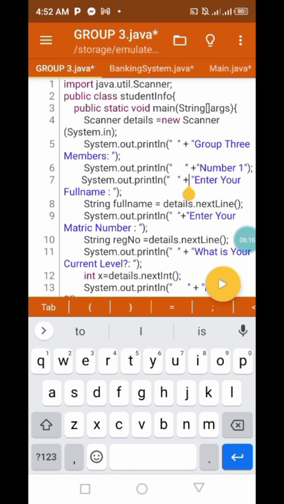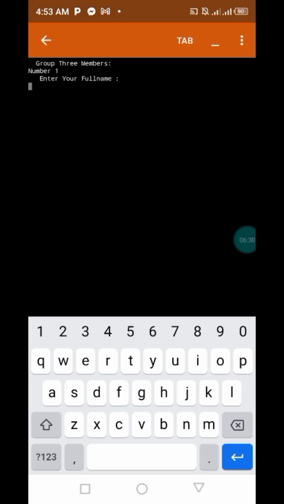Number 1. Let's take this number 1. You see, I try to remove this, right? You see, the code will not work. So now look at this. That means this is how it is supposed to be. If we run this now, you see our number one is hidden somewhere this way. So now you can shift it